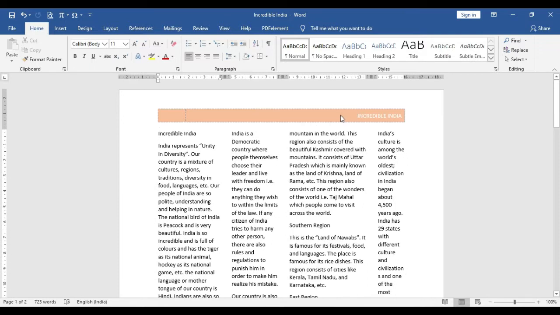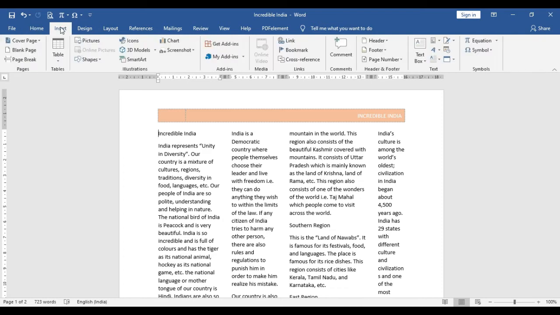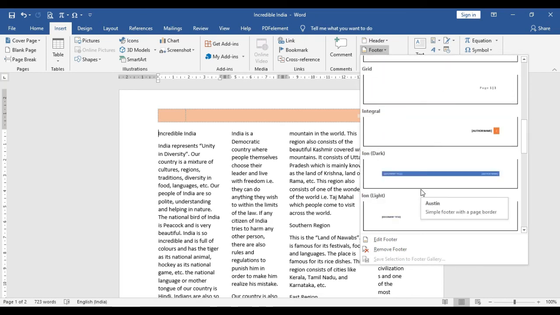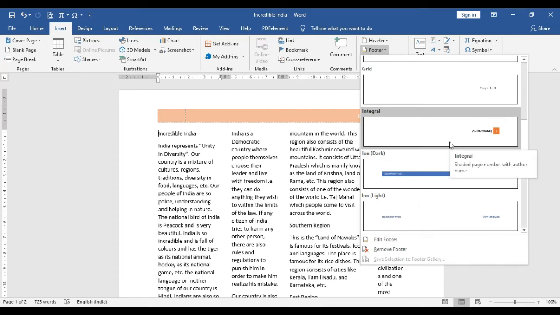Similarly, suppose you want to insert the page number at the bottom of the page. So we can easily go to the Insert option, then click on the Footer option. From here you can insert the design of the footer. Suppose I am taking this footer, so I have selected it.